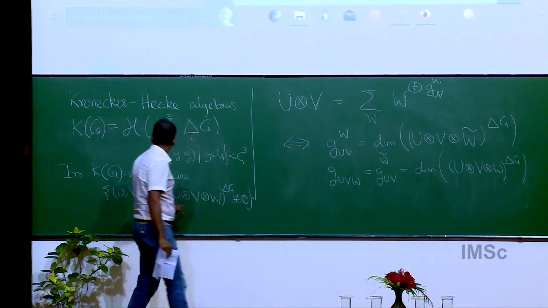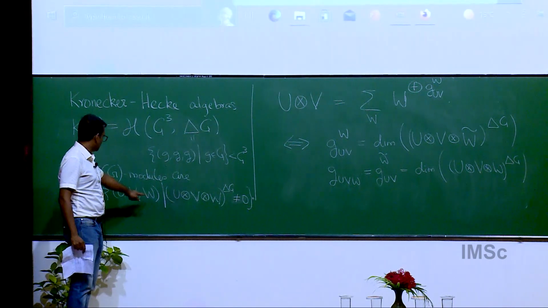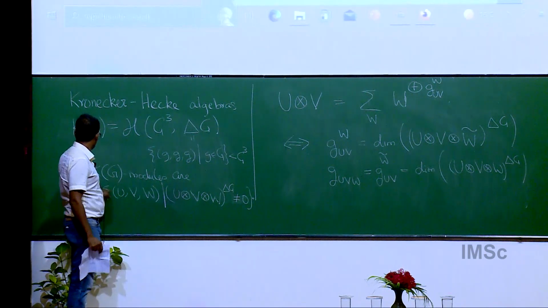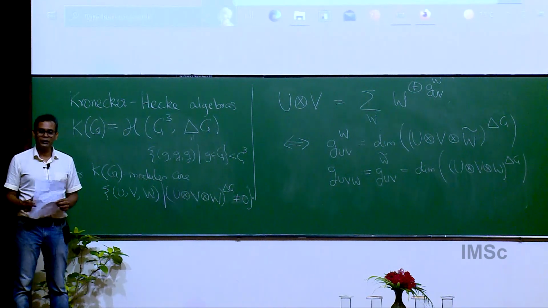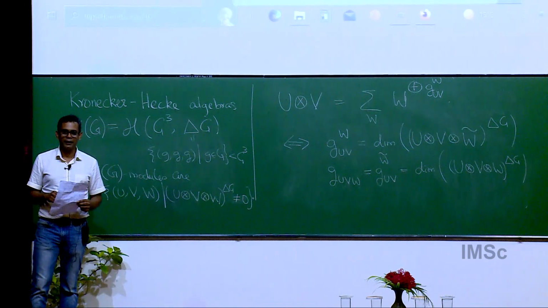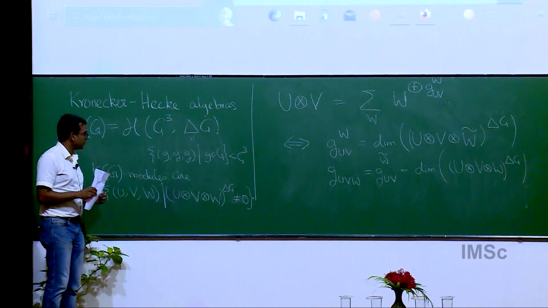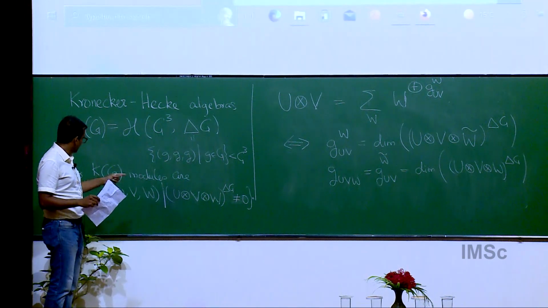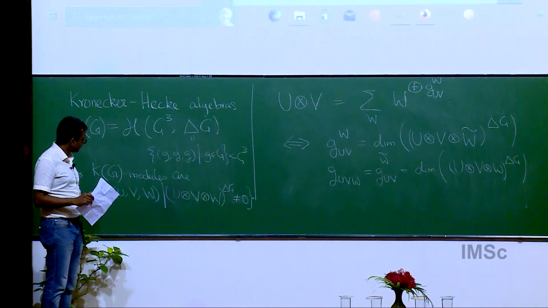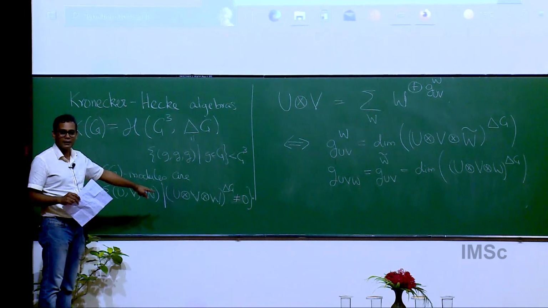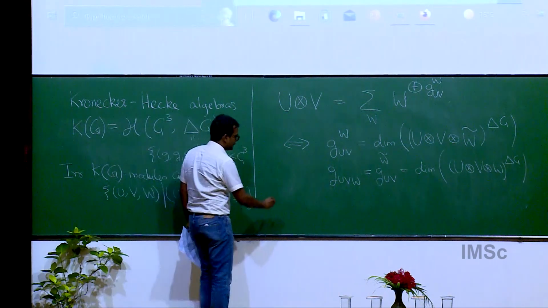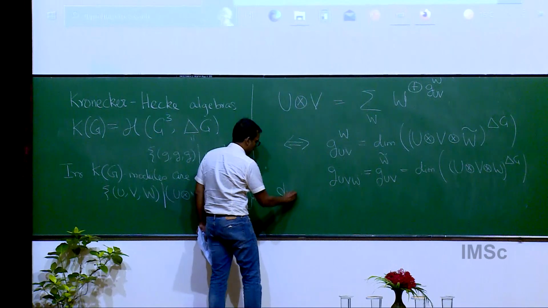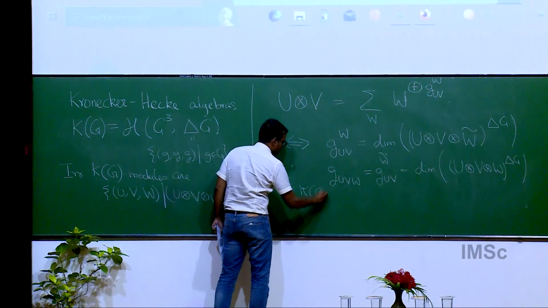So now what you see is that the irreducible representations of Kg correspond to triples U, V, and W, which admit a non-zero vector that's invariant under the tensor product. And what is more, the dimension of this irreducible module is going to be precisely the Kronecker coefficient. So what we get is that the dimension of Kg,